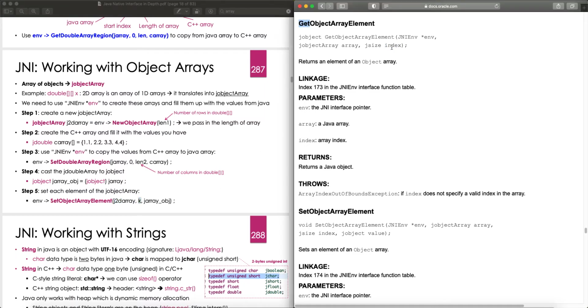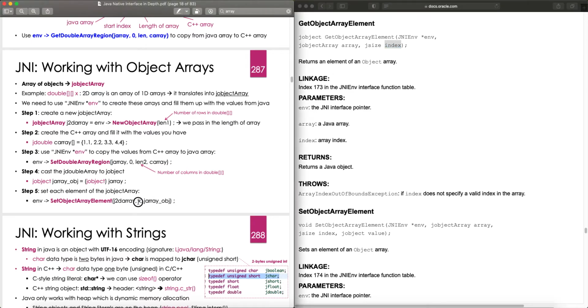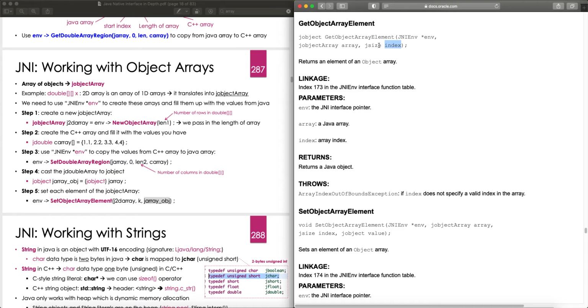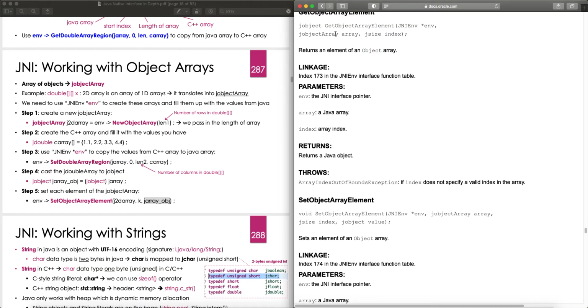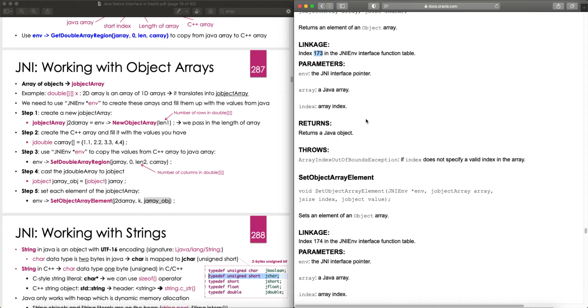If we want to get it, we give it the index. If we want to set it, in addition to index, we also give it a jobject that we want to put at this index of the array. Returns an element of an object array. It returns a jobject. Linkage